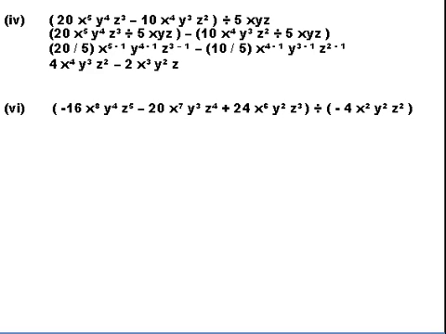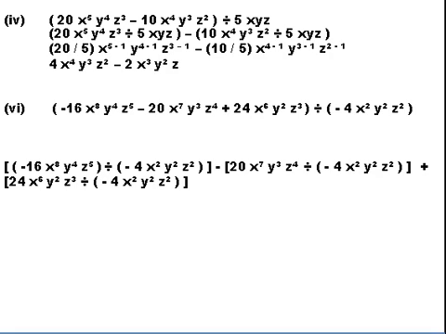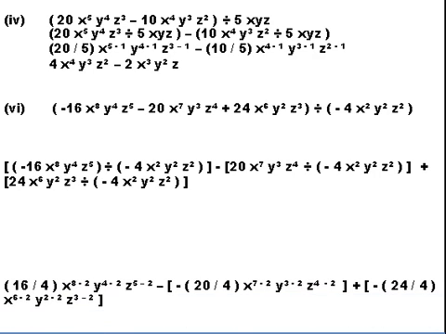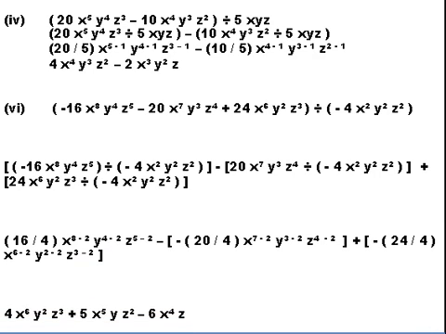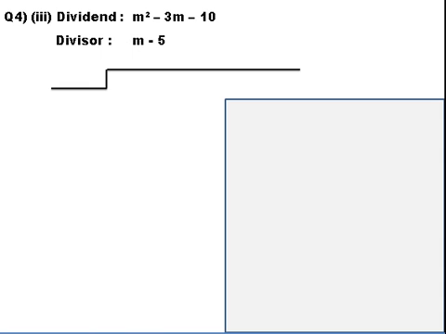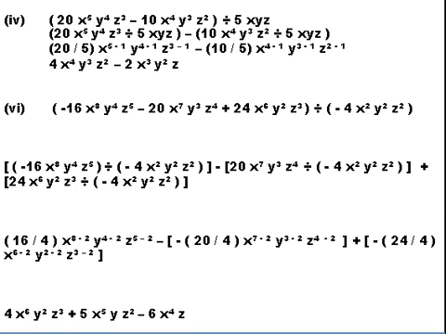Moving ahead with the sixth part, wherein we have a trinomial now. Why so? Because if you see the first expression, there are three terms in it. But again, we are going to divide this expression by a divisor which is having only a single term in it. So each term of the first expression will be divided by the divisor. Solving it further, applying the same rules, we are going to get the final answer as 4x to the power 6, y to the power 2, z to the power 3, plus 5x to the power 5, y, z to the power 2, minus 6x to the power 4, z. So this is how you are going to do question number 3.